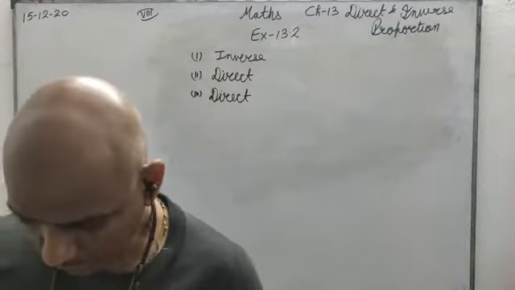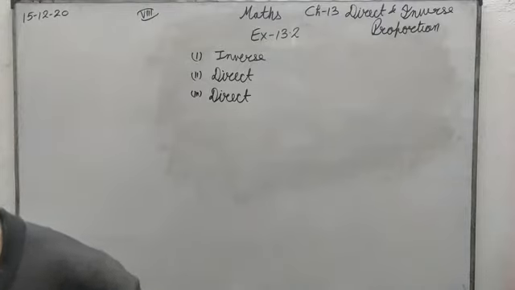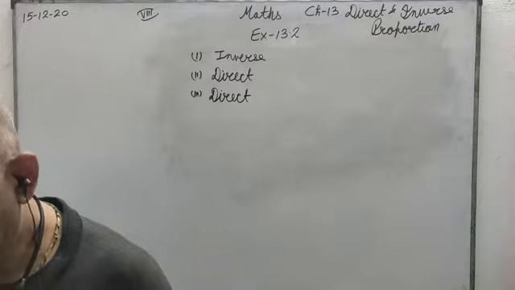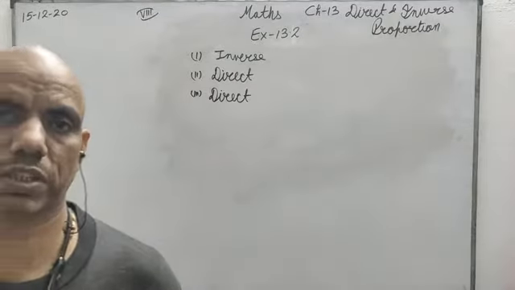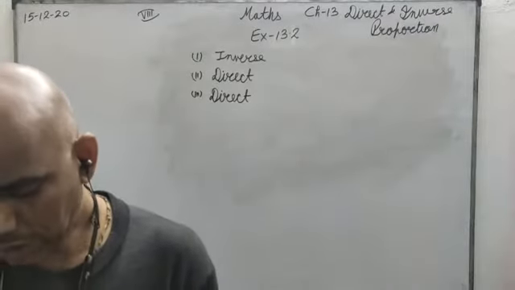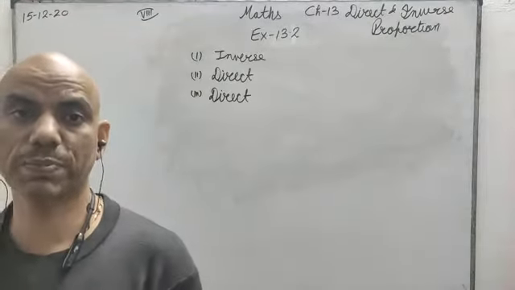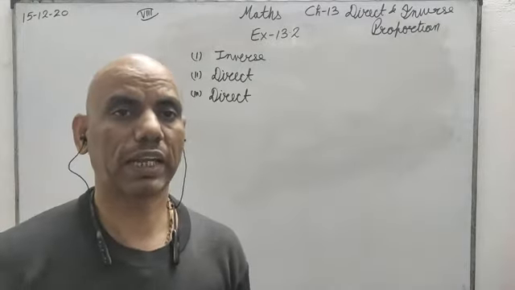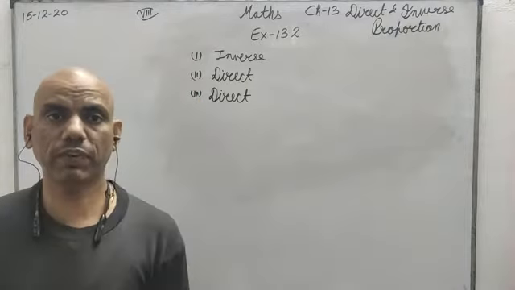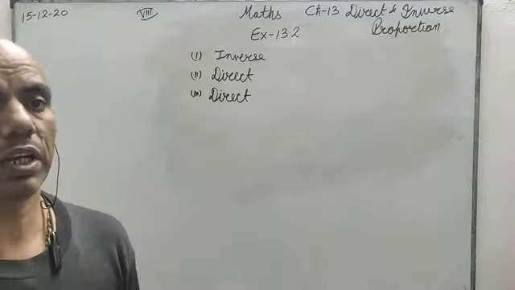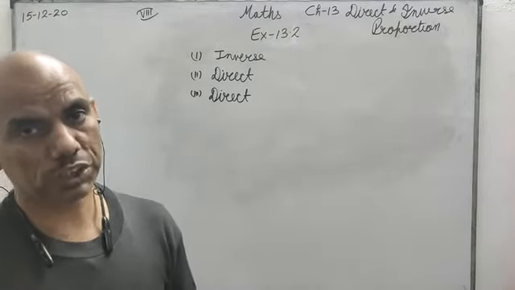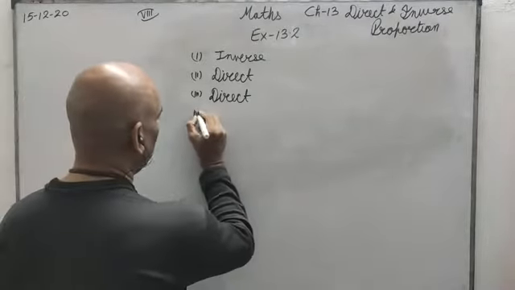Now, question number 4. The time taken for a fixed journey and the speed of the vehicle. Now, the distance is fixed. The distance of the journey is fixed. So you will have to say about time taken and speed. The more speed there is, the less time we will use. The less speed there is, the more time we will take. So one of them is increasing, the other is decreasing. So this way we can say it is inverse proportion.